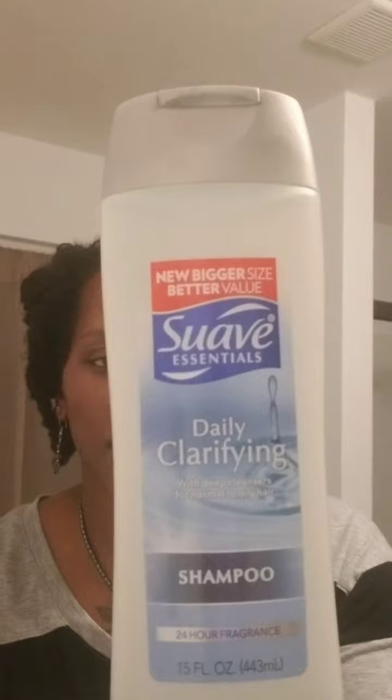So currently I have 3 active shampoos, and I'm just weird like that. I wanted to use all 3 of my shampoos to make sure my wash was most effective. So I have my Sisterlock green tea shampoo. I use that. Smells good. Has green tea in it. Whatever it is, it smells good. Then I use the Suave Daily Clarifying Shampoo. Make sure my hair gets super clean. And then I use